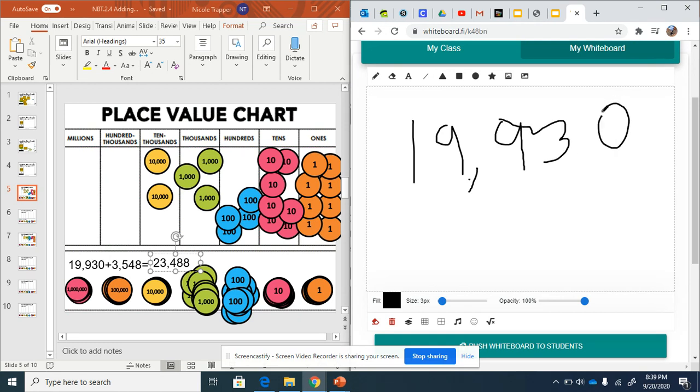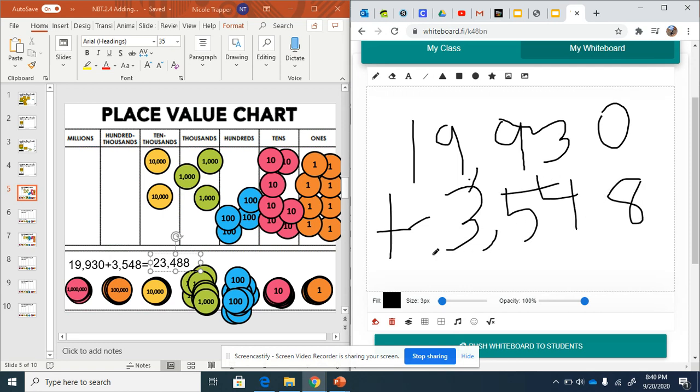19,930. Add that up with 3,548. 0 plus 8 is 8. 3 plus 4 is 7. 9 plus 5 is 14. So I have to carry the 1. 1 plus 9 plus 3 is 14 again. 4, carry the 1. 2,